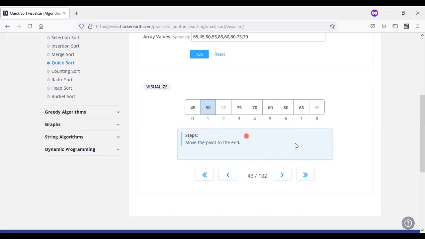Since it is having, we need to cross on. But here, what happens is we are having only two elements. Select the pivot element. After selecting the pivot element, what you have to do? We need to move this pivot element to the end. So what you are doing? You need to swap the values here. So other than comparing all these values, what he has done is move the pivot to the end.